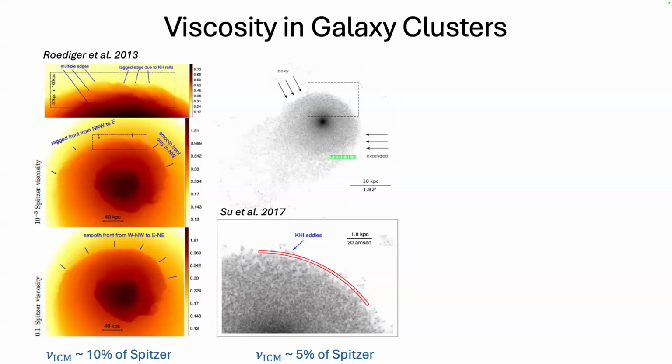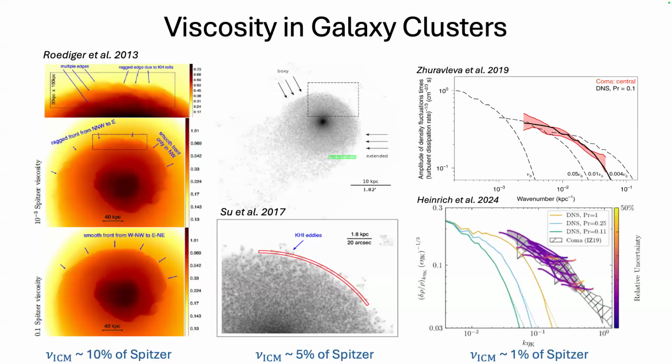This is a study where they looked at a galaxy that was falling into a cluster, and you can see these kind of eddies again, and the stability, which again tells us that the viscosity is somehow lower than what we expect. And finally, you have these recent observations of the amplitude of density fluctuation,